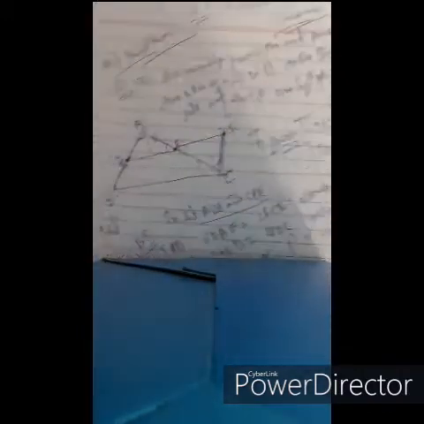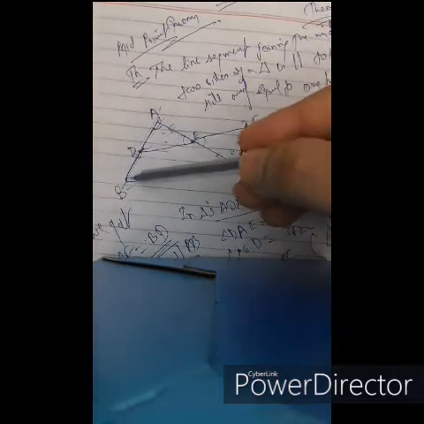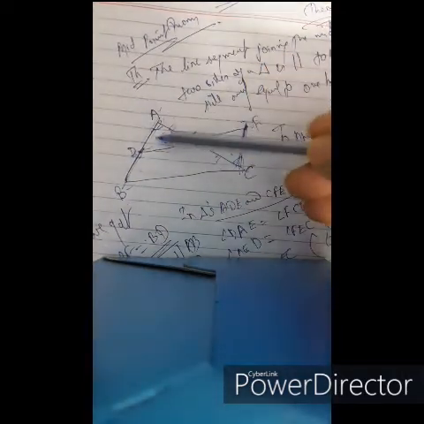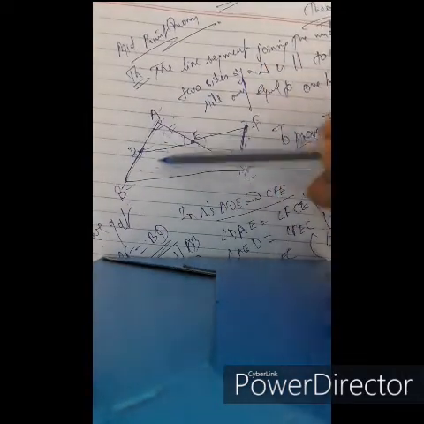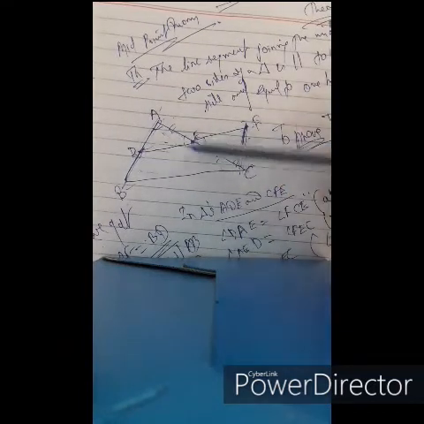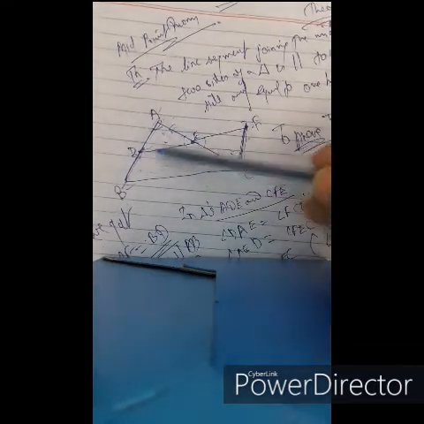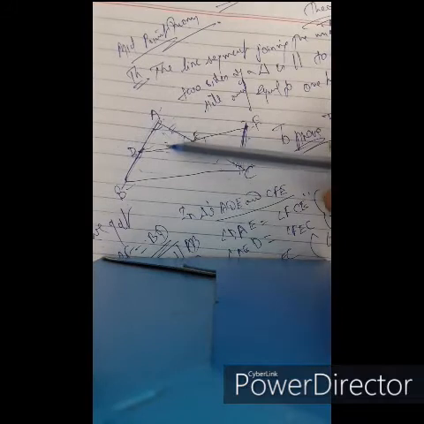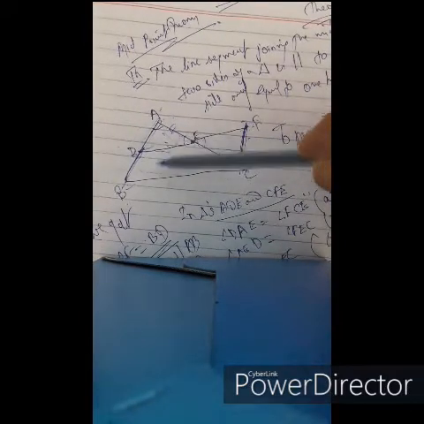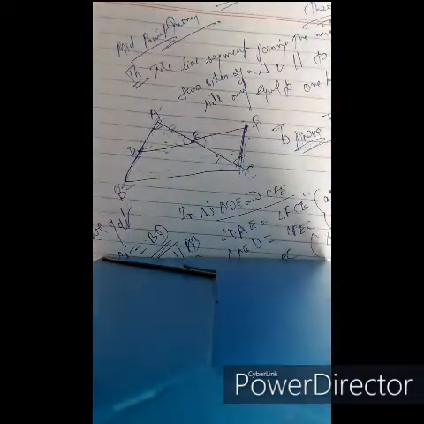Again, for your convenience, I'll repeat this problem from the beginning. We have triangle ABC, and D is joining the midpoints of two sides. D is the midpoint of AB, E is the midpoint of AC, and DE is the line segment joining them. We have to prove DE is parallel to BC and DE equals half of BC.